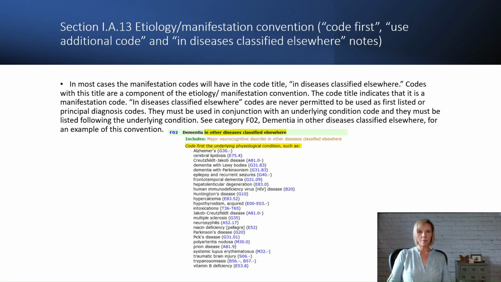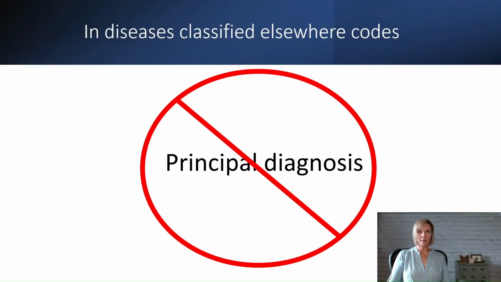Most of the time, the manifestation codes will include the phrase "in diseases classified elsewhere" in their code title. These codes that are titled "in diseases classified elsewhere" are part of the etiology manifestation rule and should never be used as the principal diagnosis code. Instead, they should be used as an additional code along with the code for the underlying condition, which should be